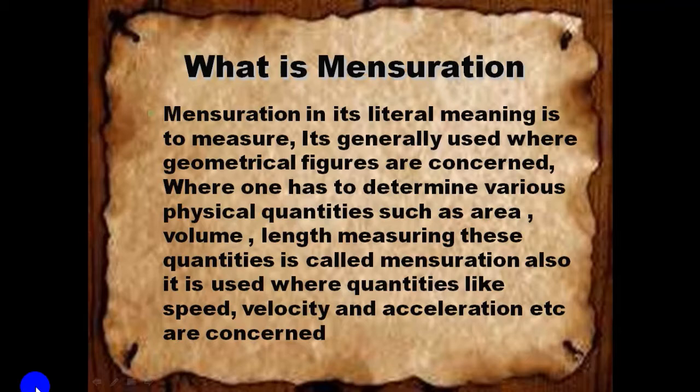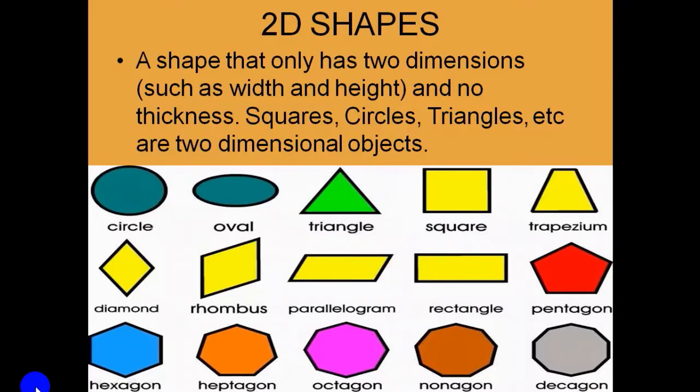So, the conclusion of today's video lecture is to find the area, to find the volume, to find the perimeter of some geometrical figures. Like you see over here, there are some 2D shapes of a geometrical figure and some 3D shapes geometrical figures. So in this video lecture, we will discuss mathematical formulas for the area, for the perimeters, and for the volume of 2D shapes geometrical figure and 3D geometrical shape figures.